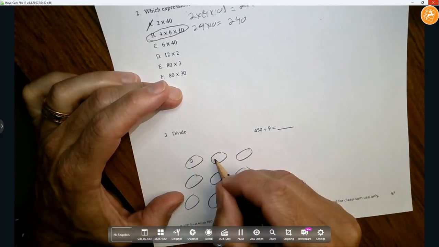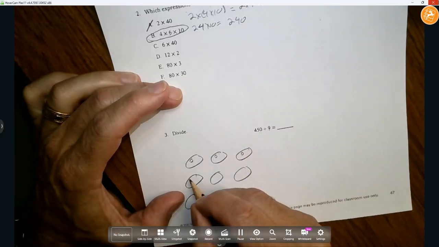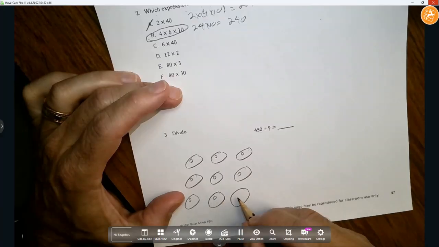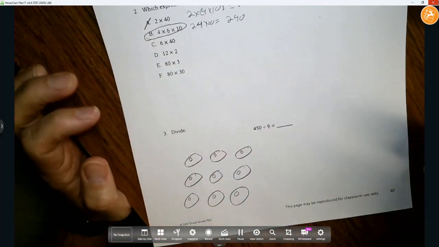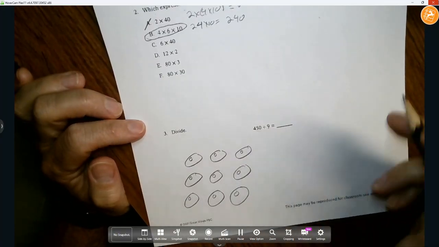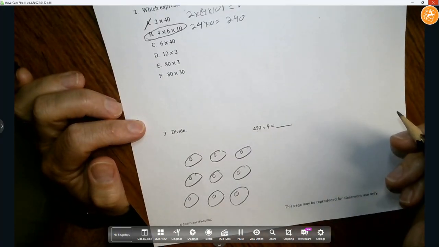So we got 10, 20, 30, 40, 50, 60, 70, 80, 90. Oh, you're on your own to figure out the rest of these. This was 90. You need to count to get to 450. Keep going, guys. You got this one on your own, and I will turn the page over and help you